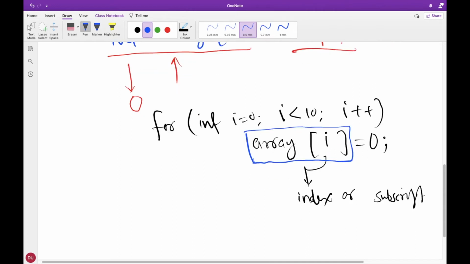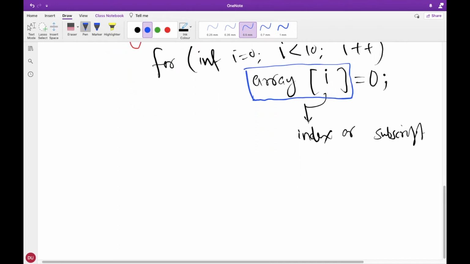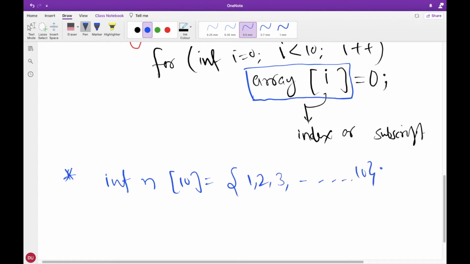You can also initialize the array in its declaration, and for that you have to use the initializer list. Let us suppose I have an array with name n and having size 10. So you can provide elements like this: 1, 2, 3, and so on up to 10. So in this way you will have an array of size 10 having these 10 elements. Clear?